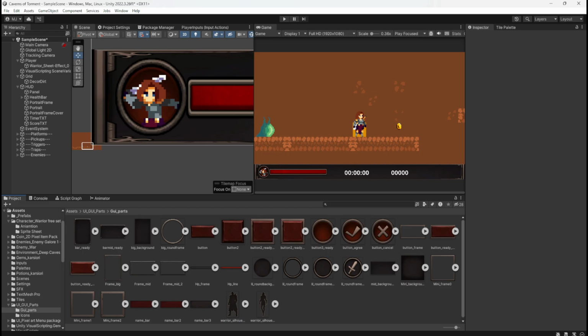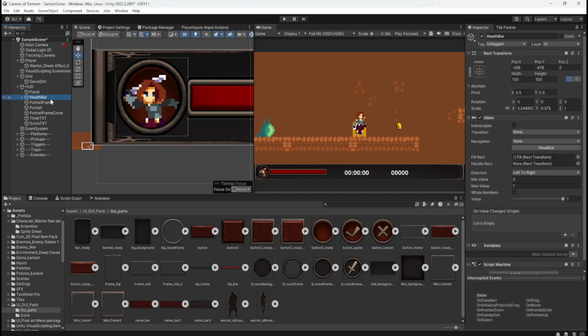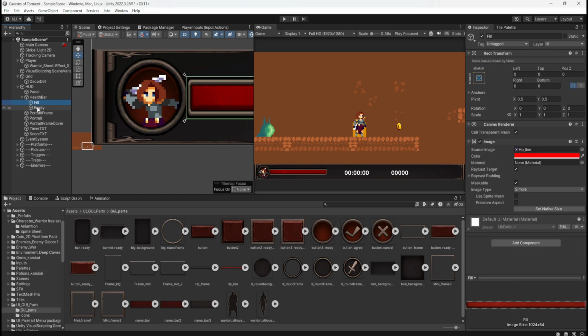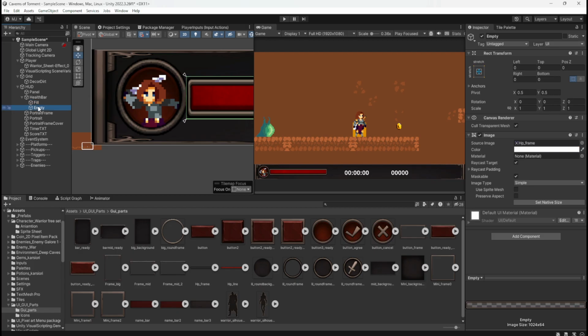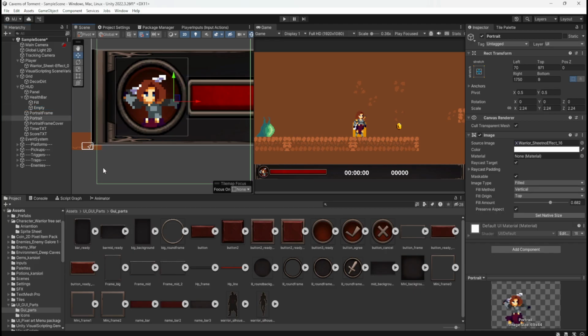Look at that. Beautiful. Absolutely beautiful portrait. We have layered the other one on top there. And the thickness of that portrait frame cover does actually match the kind of thickness on the health bar. I'm really happy with that.